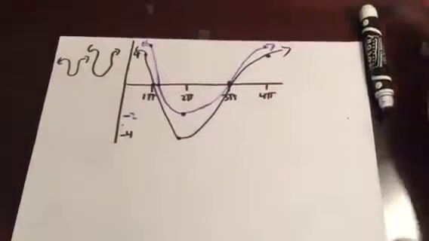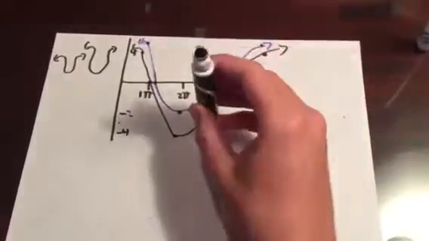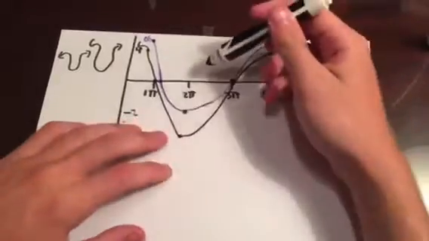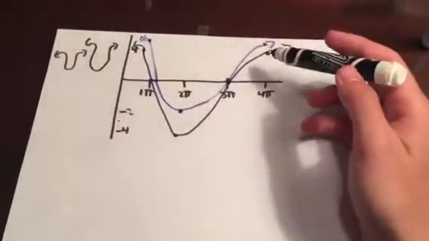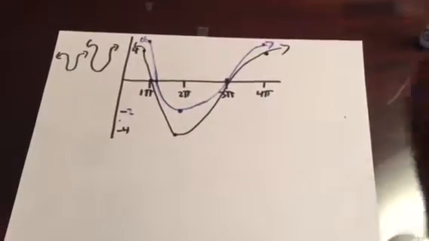The purple is the real shape of our graph with our phase shift, and the black is without our phase shift. So the right answer will be our purple in our purple marker. The black is just a guide for me showing you the difference between the two. The next question we have